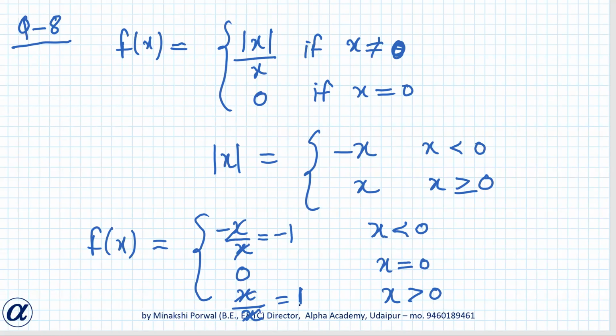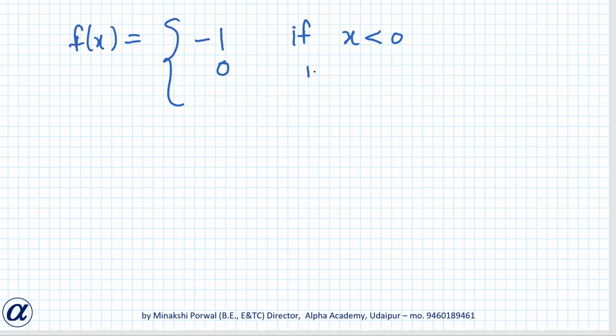So f(x) can be written as minus 1 if x is less than 0, 0 if x is equal to 0, and 1 if x is greater than 0. Now we can see that when it is less than 0,